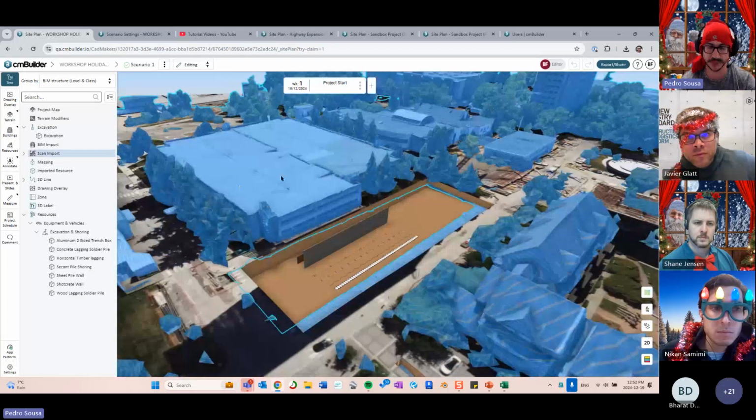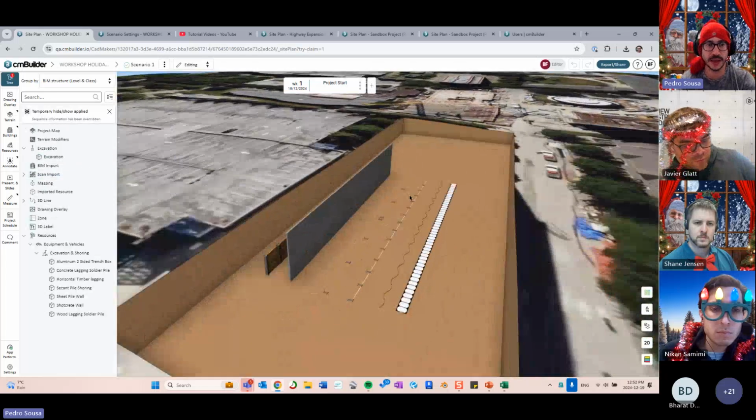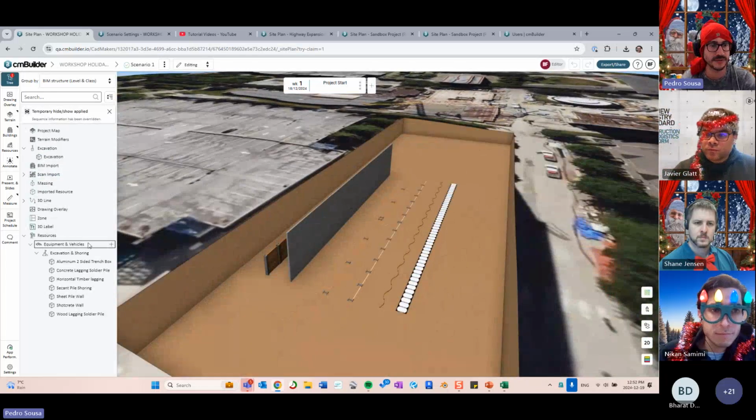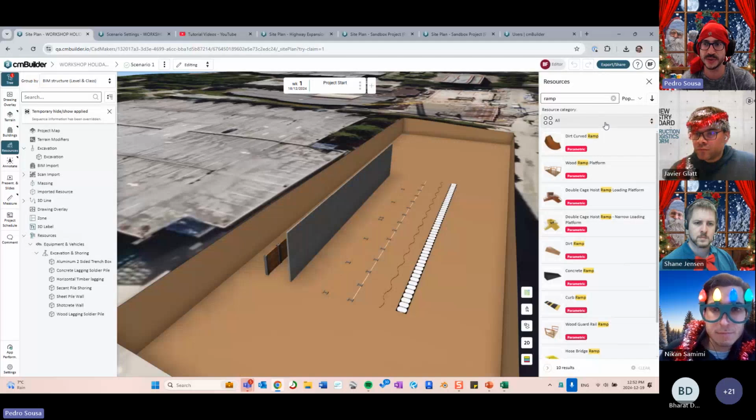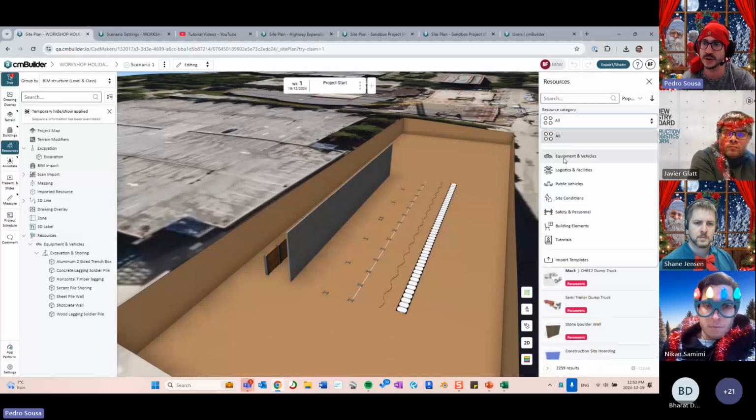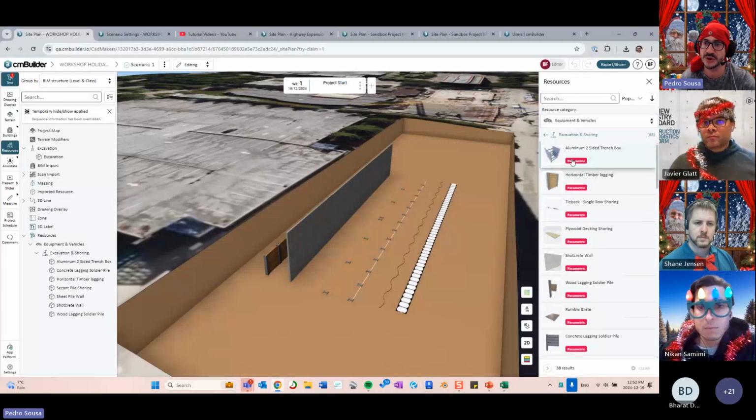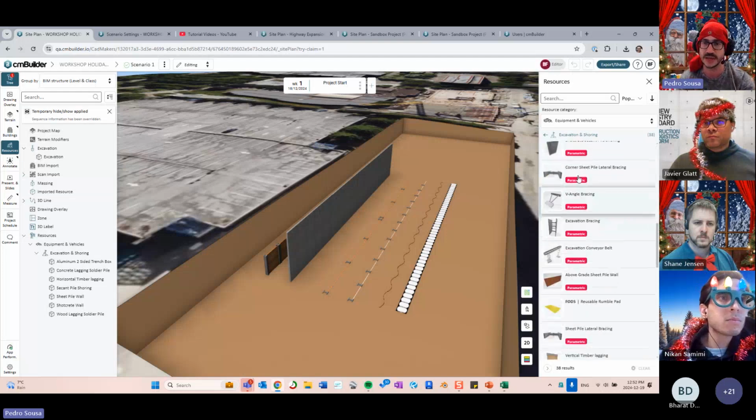Cool. Awesome. So talking about shoring, in our library we have a bunch of different shoring options. If you go into our library, go into all equipment and vehicles and excavation shoring, you're going to find over here a bunch of different options. So